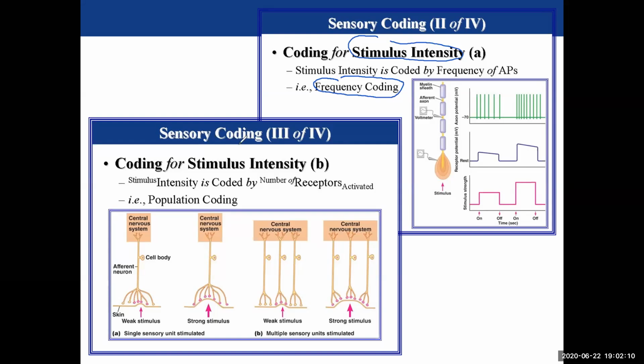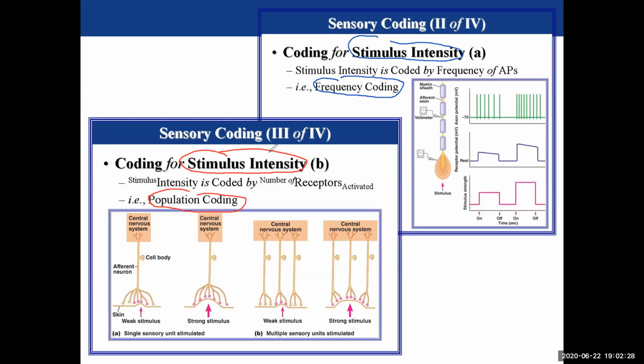But also another way, stimulus intensity also down here, by population coding. So both frequency coding and population coding allow the brain to determine the intensity of a